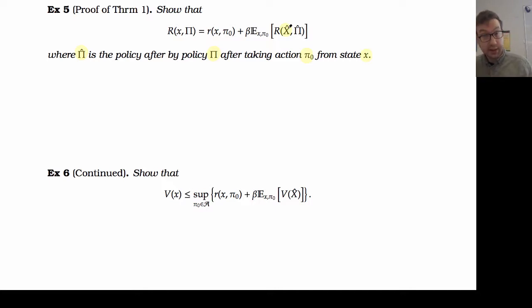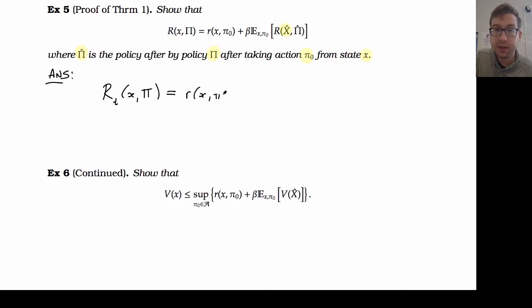And, well, I'm not even sure if it really needs to be proven, but one way to show this is to think about the finite time problem. If I look at the rewards of the finite time problem from time t, it will be equal to the reward of little pi of 0 plus beta, the expected reward from time t plus 1